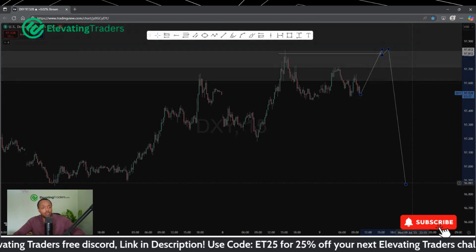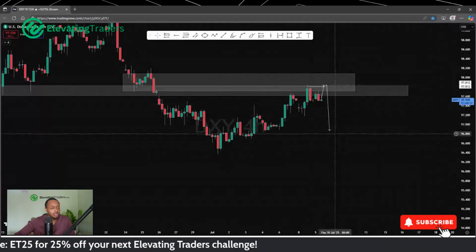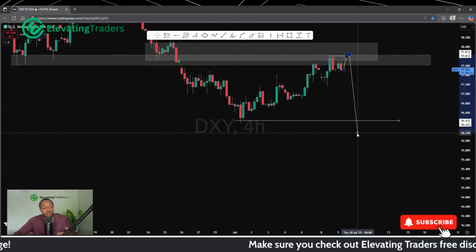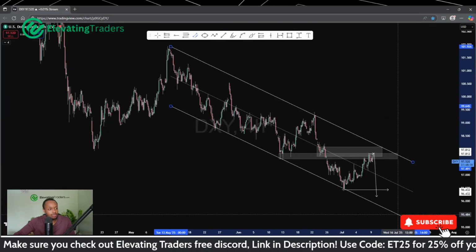That's the key point really with the USD. We are bearish overall, yes, but the market is running out of steam. So I think shorts look good, but I wouldn't be looking for anything crazy. I think maybe we do get back to these lows, maybe even see new lows, but I think because of how corrective we are behaving, the market is running out of steam and possibly getting ready for a bigger push